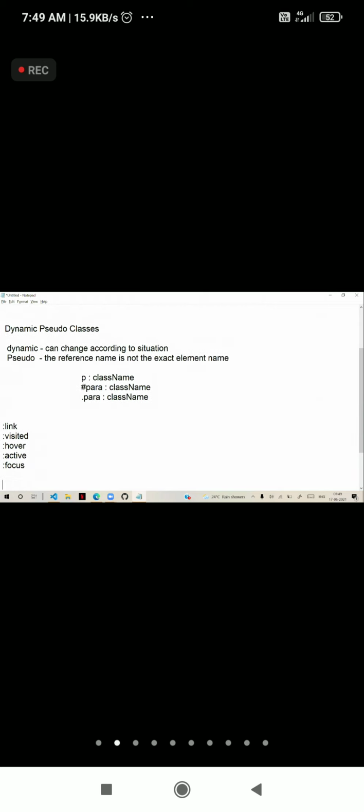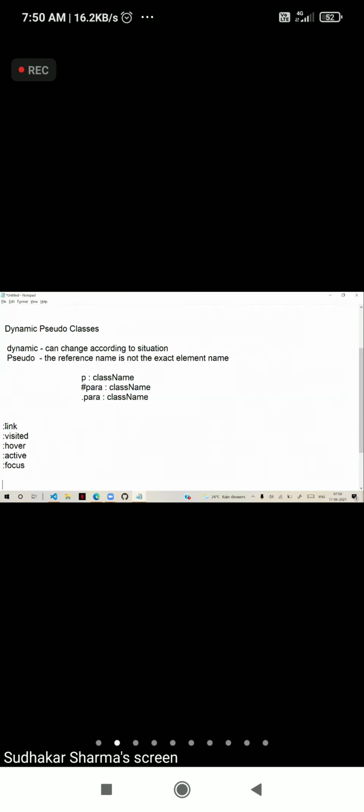These come under the pseudo selectors. These are dynamic pseudo classes. The dynamic pseudo classes can change according to the situation actually. We have link, visited, hover, active, and focus.